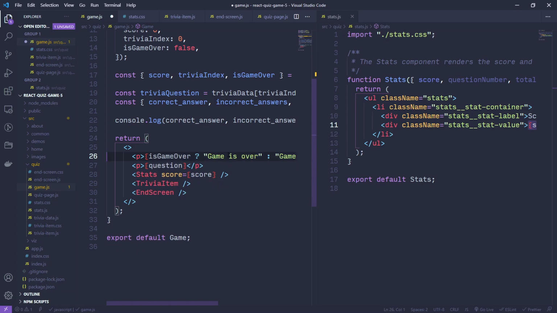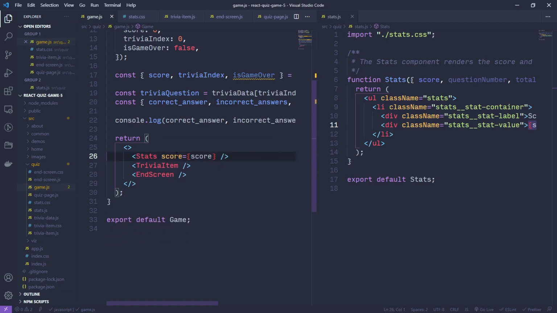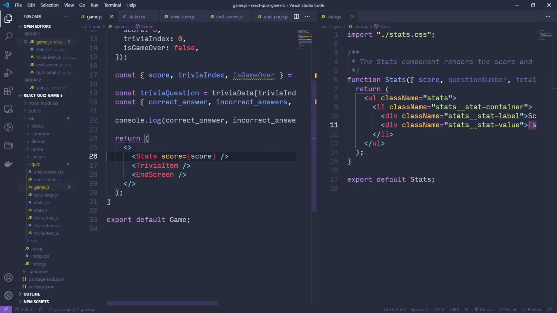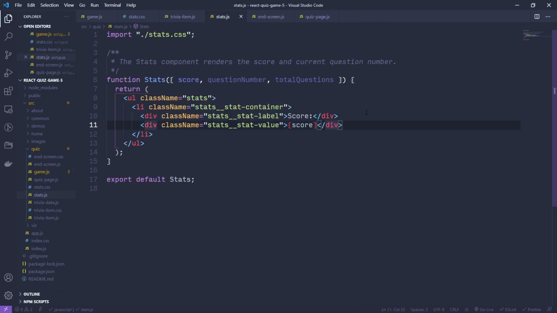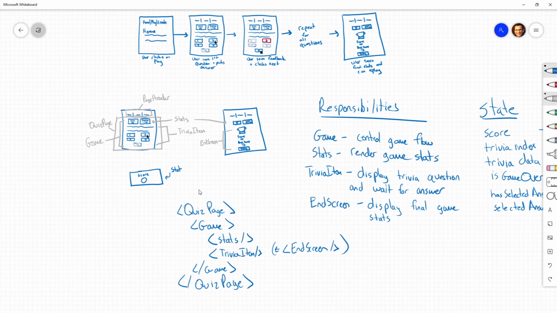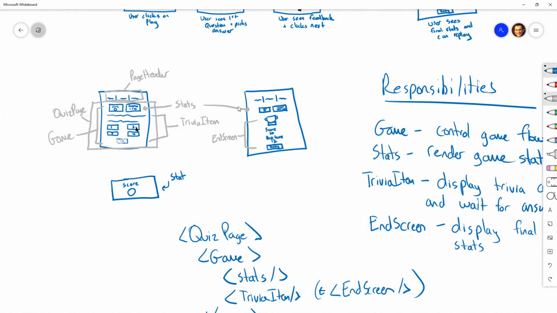So let's get rid of some of these paragraphs. And we've got our stats up at the top now. Let's flip back to our stats component. And remember how when we were doing our diagramming here, we said we're doing broad strokes. There's our stats component. But if we break that down even further, there's some stuff that we can refactor into